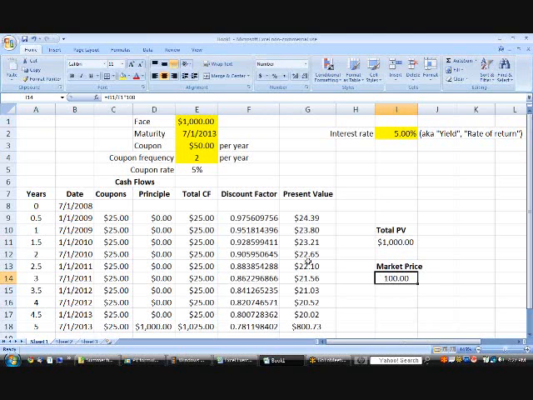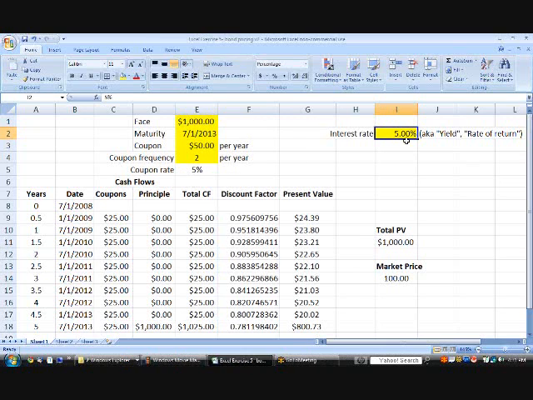So now that that's all done, what we've done is we built a spreadsheet that allows us to type in the key features of a bond, and we also have to type in the market interest rate, and it's going to spit out the present value of the bond and the market price of the bond. So now that we've got the spreadsheet working, let's relax the assumption that the interest rate equals the coupon rate